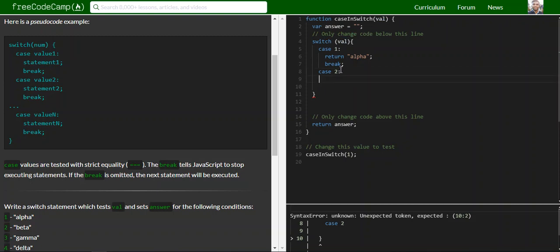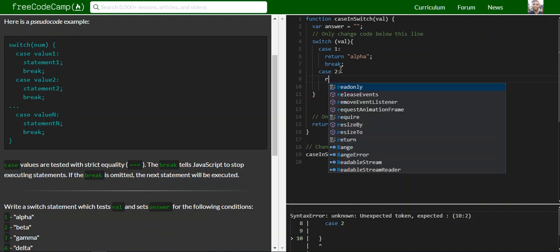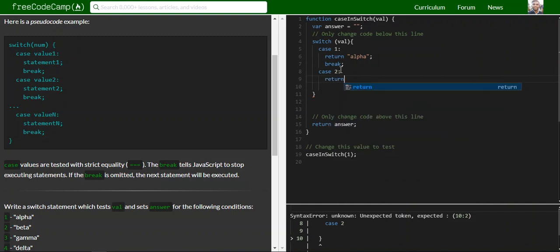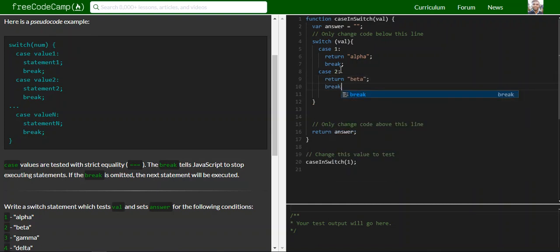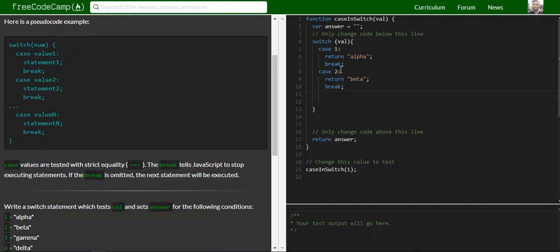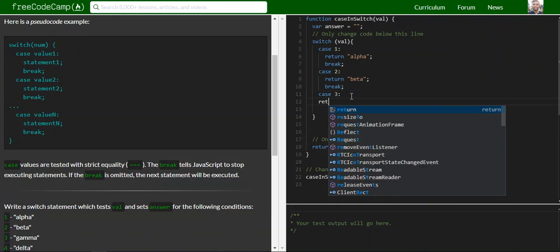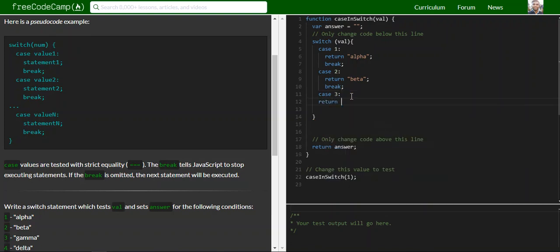So return beta and then break, jump out, and then case 3 is return gamma